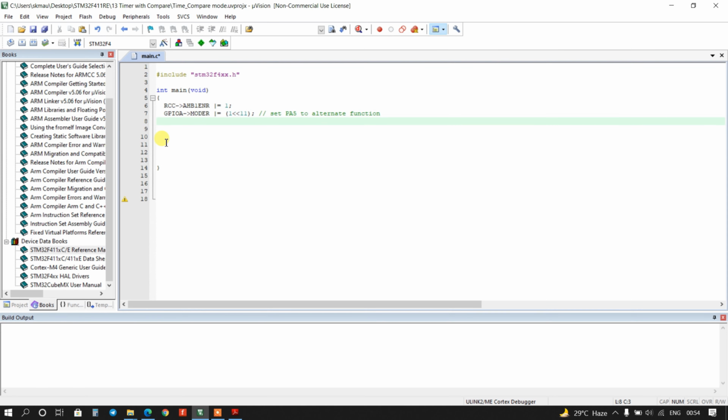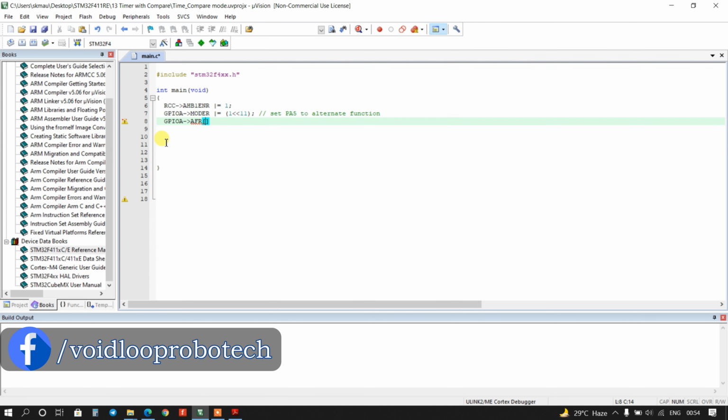I will type here GPIOA, AFRL, no, only AFR. Here the index will be 0 because this is AFRL.